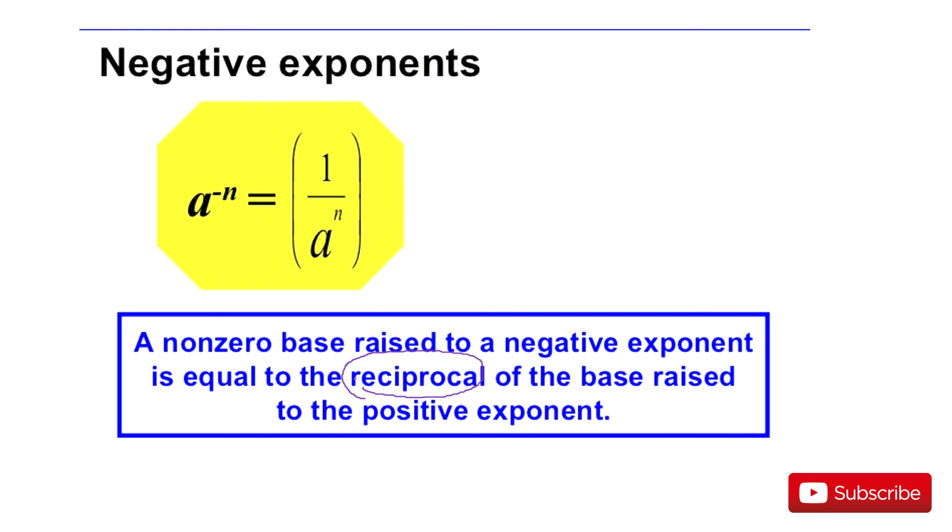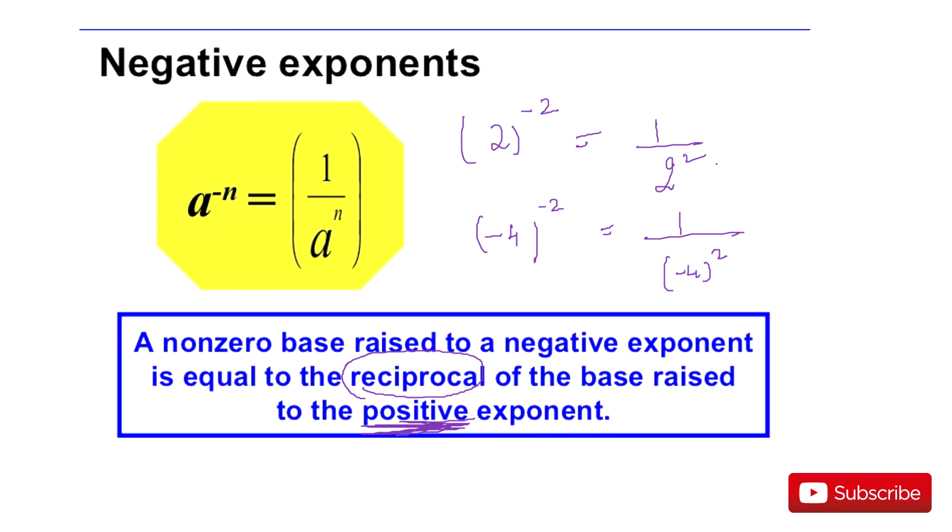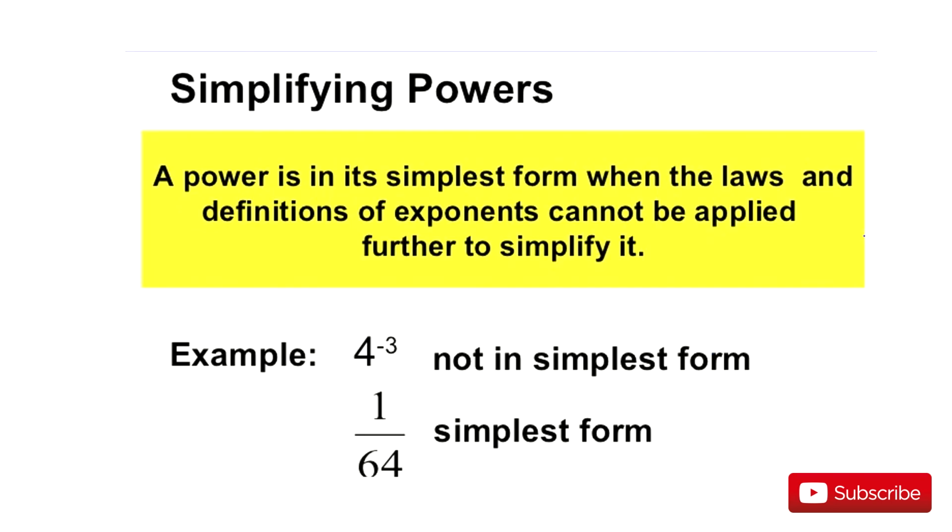A non-zero base raised to a negative exponent, जैसे हमने बोला 2 की पावर हो जाती है -2, तो हो जाएगा 1/2 स्क्वायर। अगर हम बोले -4 की पावर -2, ठीक है, तो ये क्या हो जाएगा, -4 विल एज इट इज, बट हमारी पावर -2 से हो जाएगी +2. A non-zero base raised to a negative exponent is equal to the reciprocal of the base raised to the पॉजिटिव एक्सपोनेंट। मतलब जब भी हम करेंगे तो हमने क्या कर दिया, इसको हमने पॉजिटिव बना दिया एंड इसको भी हमने पॉजिटिव बना दिया.